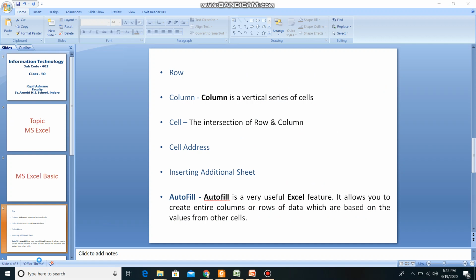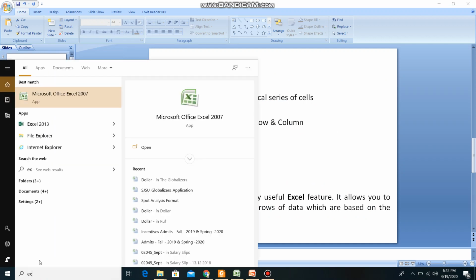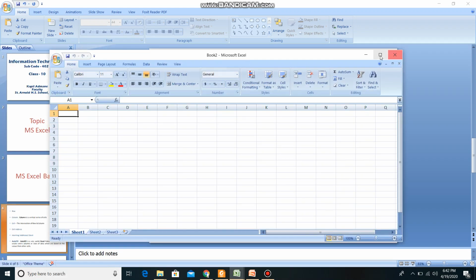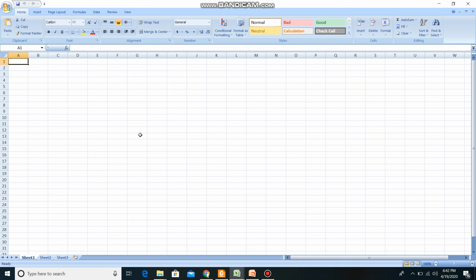First of all, you can open Excel by typing here. This is my Excel, so I'm opening MS Excel here. Whenever you open MS Excel, you will see this kind of sheet. You can see here is a column, here is column A, here is column B. When you select this entire strip, you will say this is a complete column. You can select this complete column by clicking here. This is column A, column B, column C, column D, column E. This is called a column.